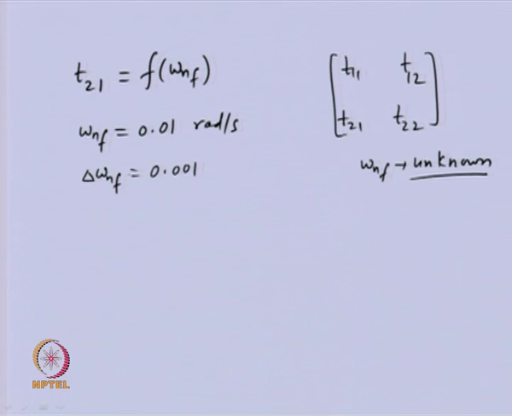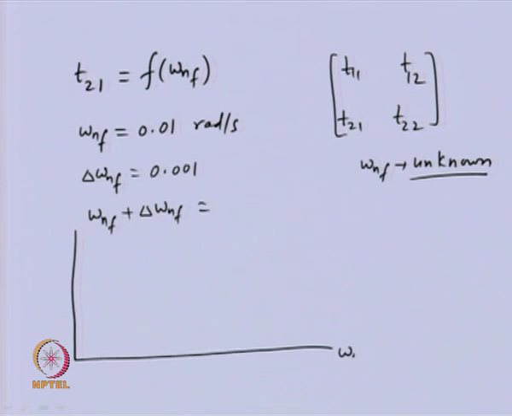So this will be the new natural frequency for the second step, and we'll again substitute this in the function and see whether it reduces or increases, and in fact we can have a plot of the natural frequency chosen and this function,